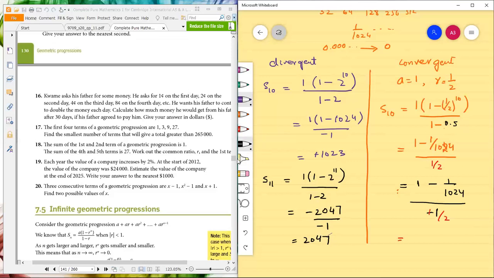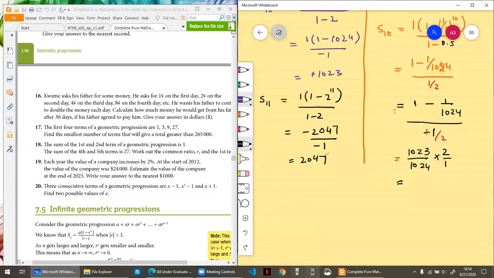So this 1024 minus 1 is 1023, divided by 1024. While dividing by 1 by 2, it means we can say 2 by 1. So the final answer will be,